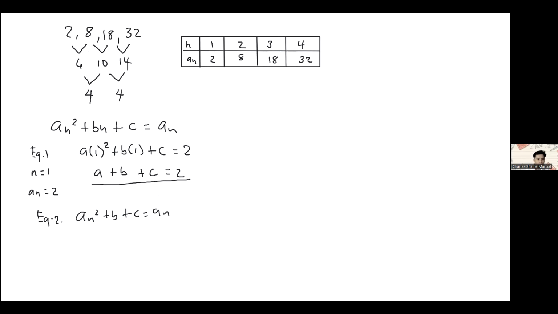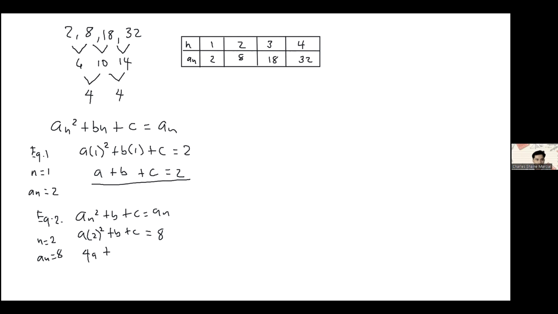So we have a times 2 squared plus b plus c is equal to, ano na yung value ng second term? We have 8. So n is equal to 2, a sub n is equal to 8. Now we have to multiply our power. Square natin yung 2. 2 squared is equal to 4. So we have 4a plus,